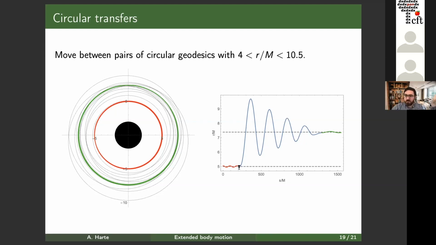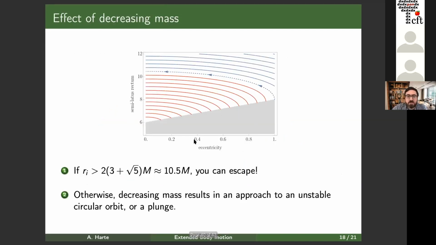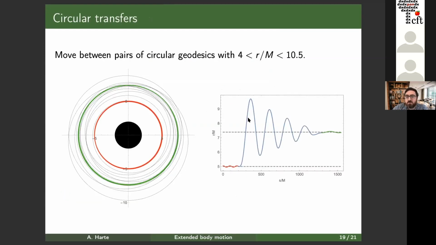And so I've kicked it away from the black hole, and you go into this orbit, which now looks very highly eccentric. If you go into this diagram, we're ending up at 7.4M here. So we trace it back here. We're basically on this curve. We start off on the separatrix here, and I kick it immediately off. So we have an eccentricity of 0.4, 0.3, something like that, which is what you see here with this blue curve. Then I'm applying one of these mass increasing cycles, one of these cycles with non-zero area.